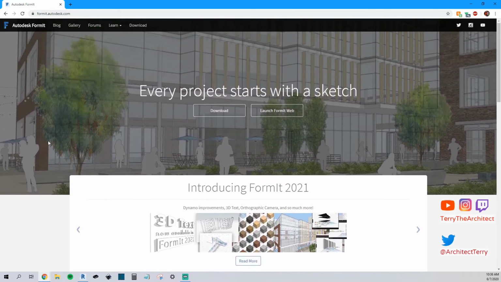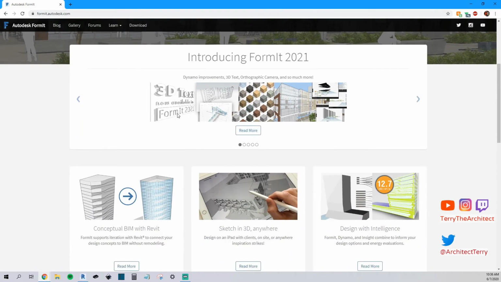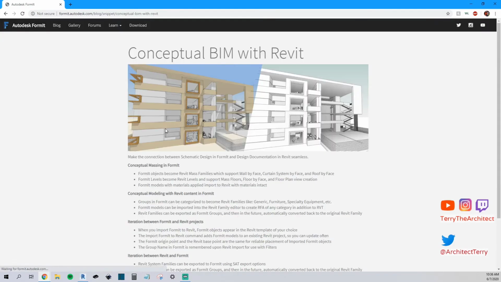There was no real Autodesk program that would allow you to directly import into Revit. There were ways you could get Rhino models into Revit or SketchUp models into Revit, but this is kind of the next thing for Autodesk to allow people to just form masses, without being defined by certain parameters,